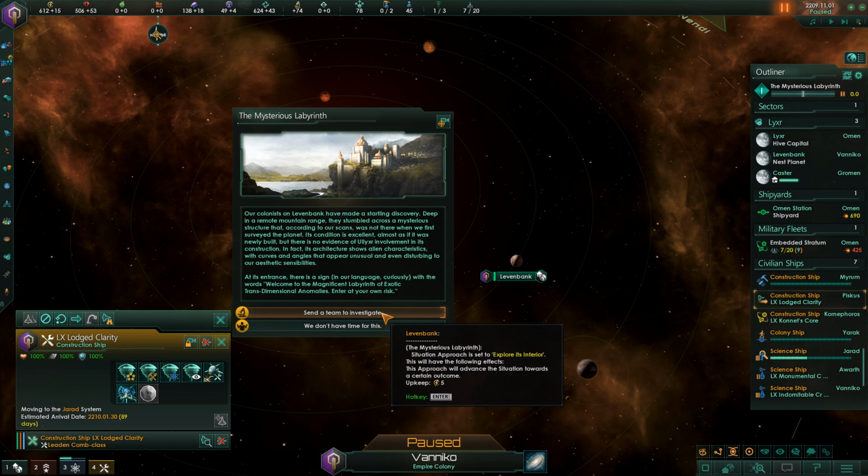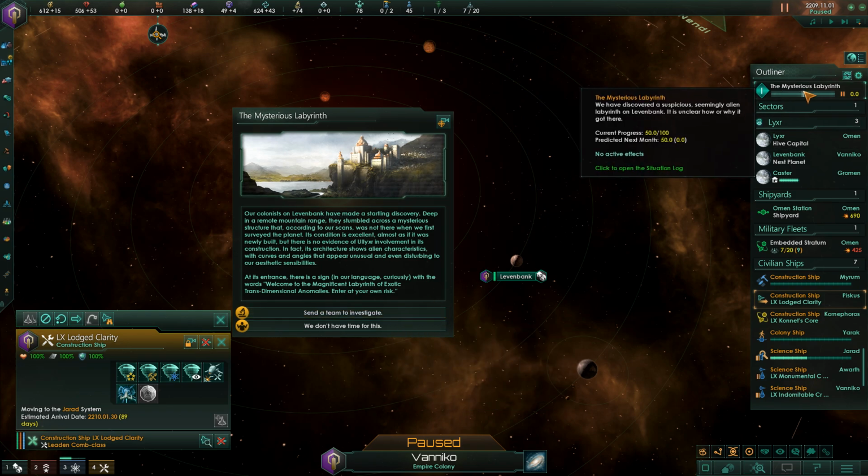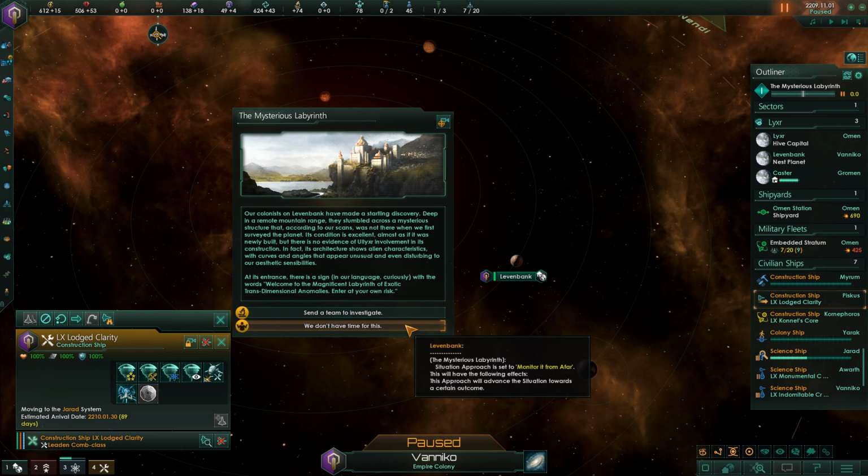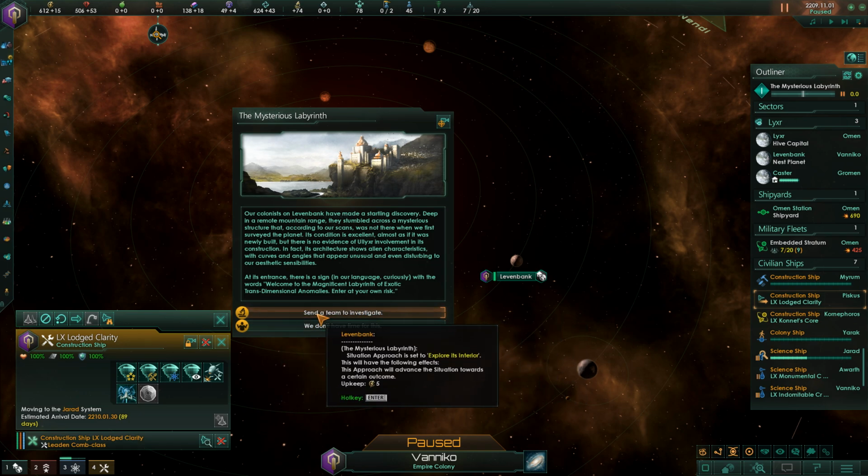Well, we could say we don't have time to investigate, or send a team to investigate, which is we get to explore the interior of the mysterious labyrinth. We now have the situation up at the top of the outliner. This will have the following effects. There'll be a certain energy upkeep, which we can afford. Or we can say, screw that, and we will monitor it from afar. So either of these choices will lead to...